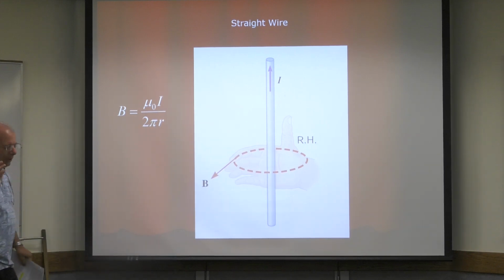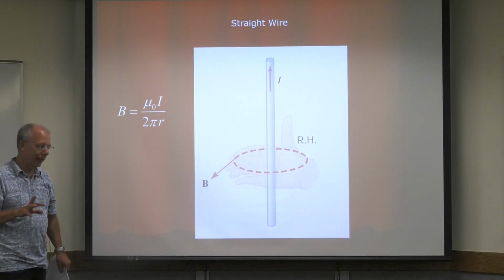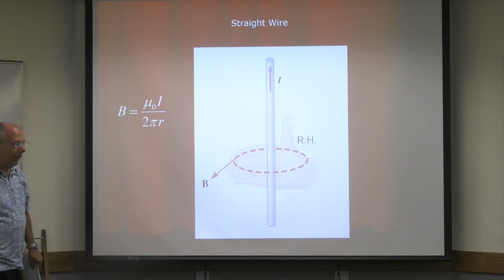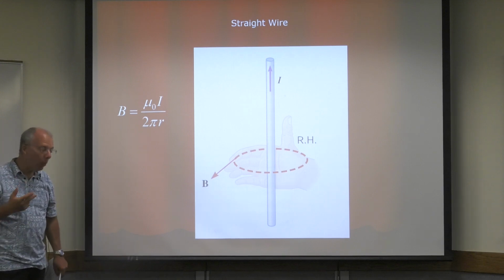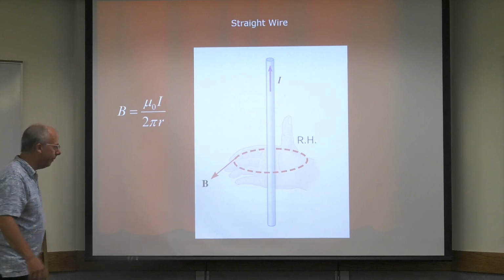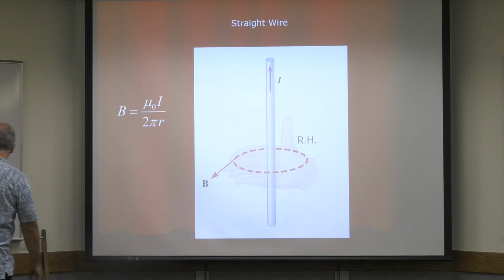Okay, now you have to know the direction of the magnetic field. You'll see that this chapter and next chapter. And we have a lot of things called right-hand rules. And there's more than one. And so you got to learn them. And if you're a lefty, I'm sorry, but you got to use your right hand. So here,